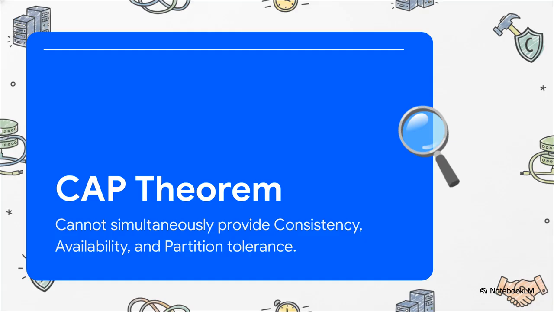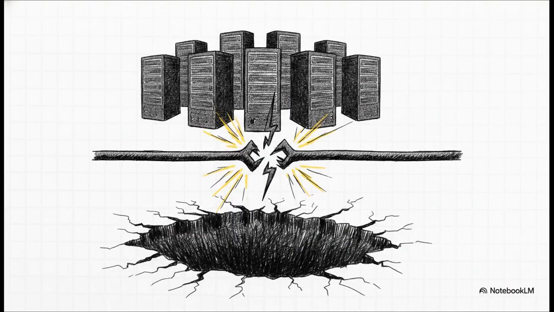But our understanding has evolved quite a bit in the last 2 decades. And here is exactly where that whole pick 2 myth completely falls apart. See, the myth implies that you can just choose to not have partitions. But in real-world distributed systems, network links break. It is inevitable. You cannot choose to avoid network partitions any more than you can choose to avoid earthquakes. Because partition tolerance is a mandatory reality, you aren't actually picking 2 out of 3 at all.